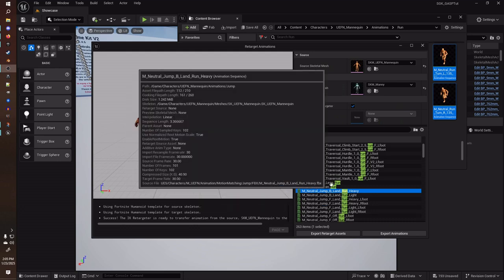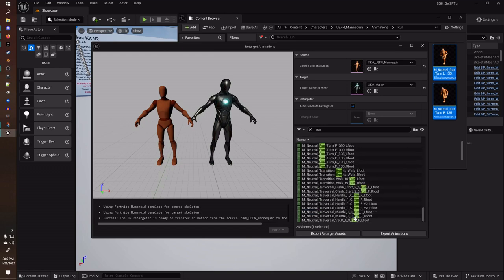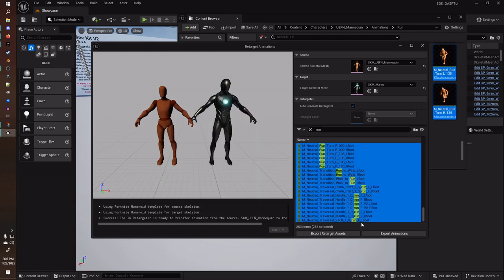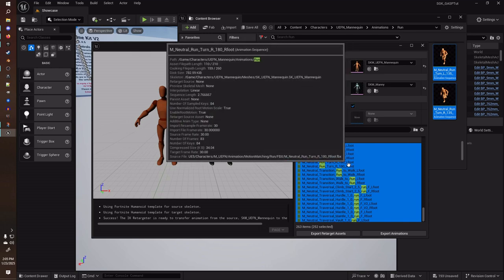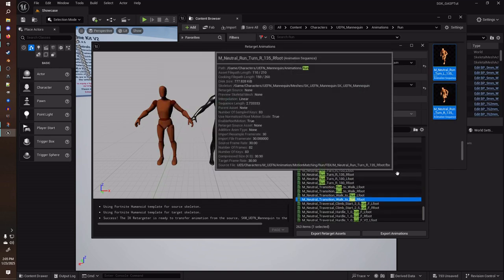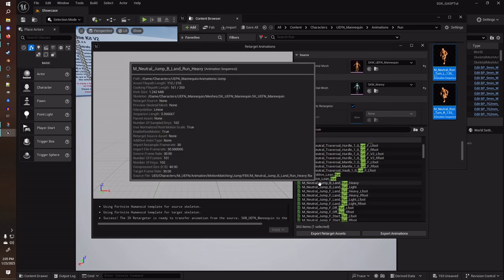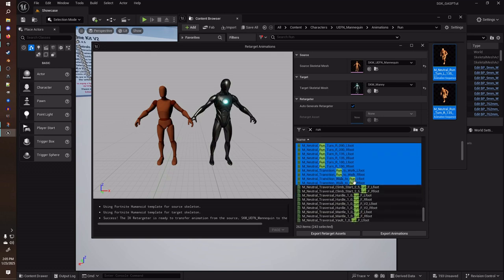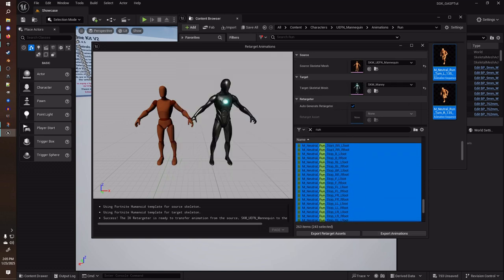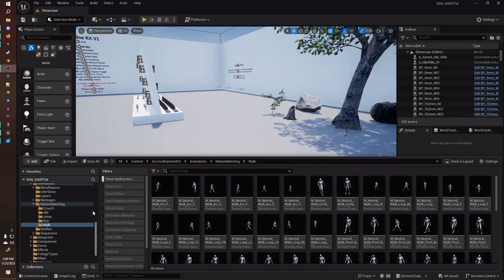All right, so when you get to the runs, all we need are the actual animations, just the green ones. We don't necessarily need any of the transitions or traversals. Well, yeah, get rid of the traversals. We don't need those yet. It'll just make things a little more difficult a little bit later. So, yeah, everything but the traversals that are green. All right, now that we've got all of our animations copied and saved,